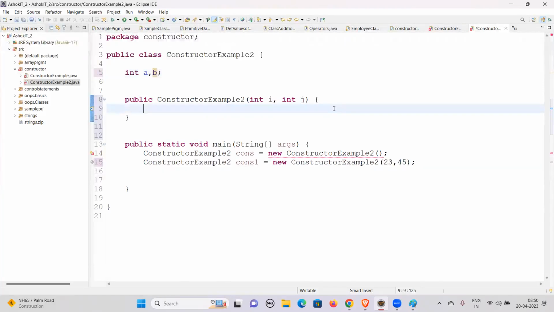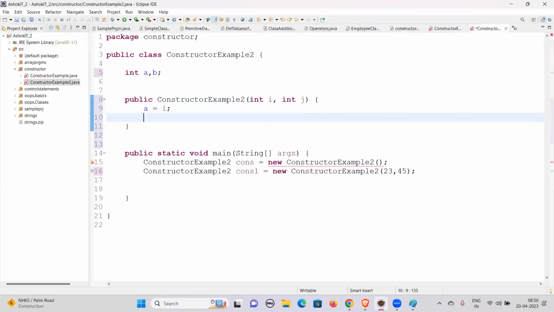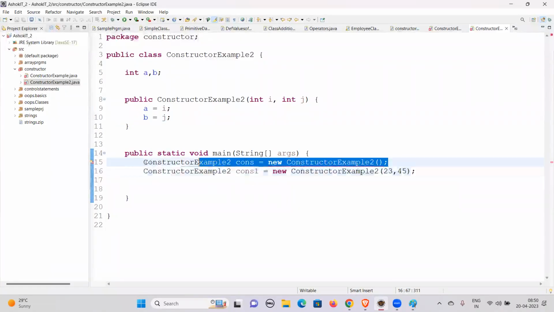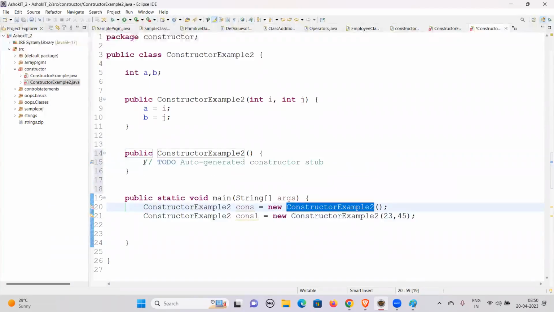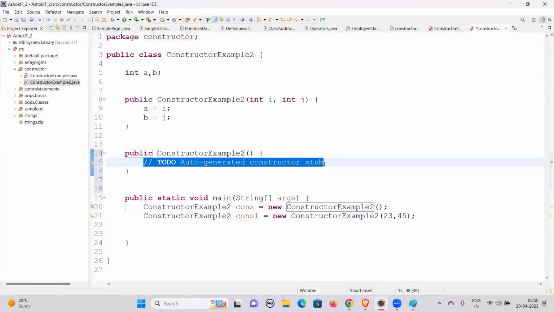Here I'll say a equals i. This is nothing but initializing the instance variable. b equals j. Now it will throw the error because you have created the parameters constructor and you are creating the default constructor here, but you are not providing a body to it. So there is no constructor in it. Now create a constructor with this. We are able to get this error, and once it is resolved after creating the constructor,